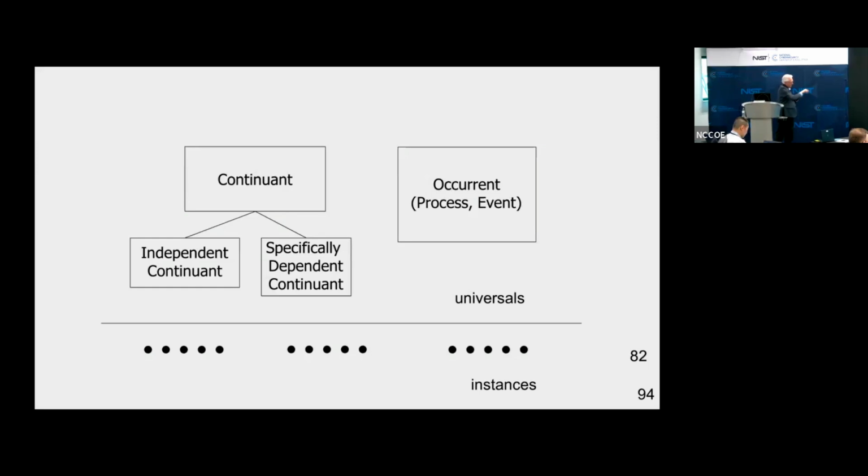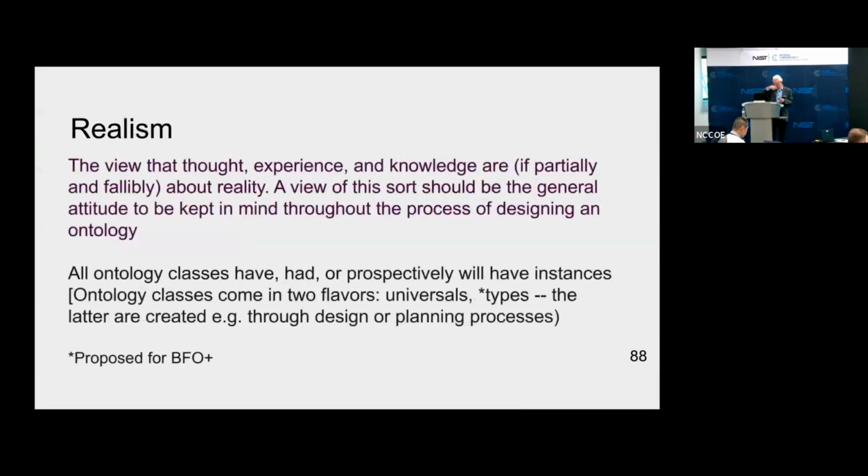So one of those dots there on the very left is me, because I'm an independent continuant. Which means I continue to exist and I don't depend on anything else. In contrast to my headache, which depends on me. So it's a specifically dependent continuant. We'll see what specific is doing here in a minute. All right, now,